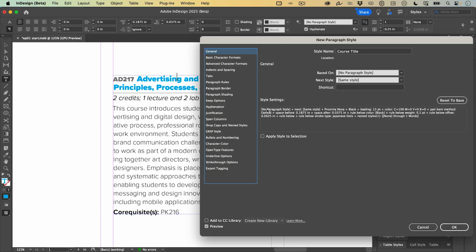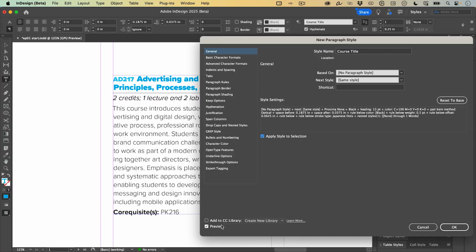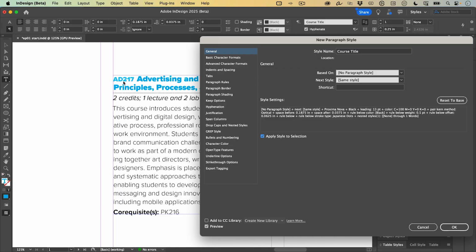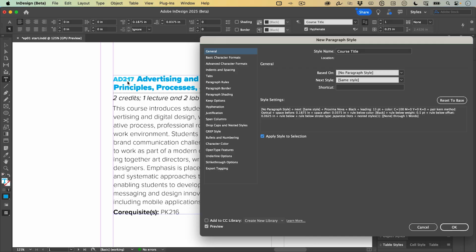But before I click OK, I'll check Apply Style to Selection. This option is only available when you're creating a style for the first time, but it saves me from having to deliberately apply it myself later on. Since I have Preview checked, you may have noticed that the smaller course number at the beginning of this course title changed from a shade of gray to a shade of blue. That's something we'll come back to and fix, but in the meantime, I'll click OK and move on to the